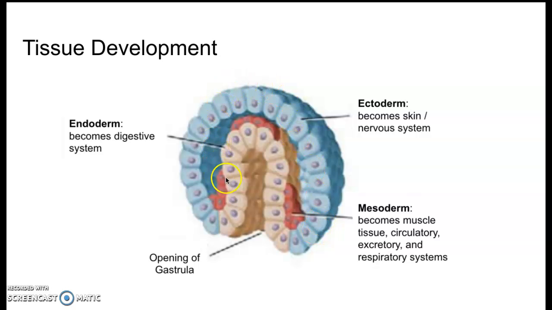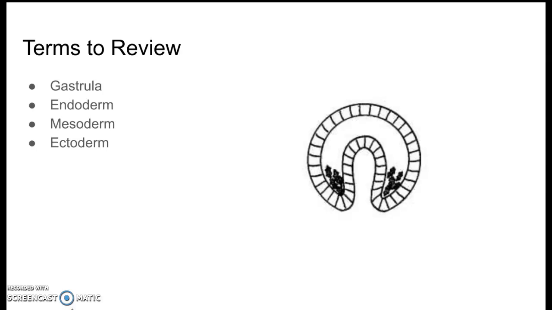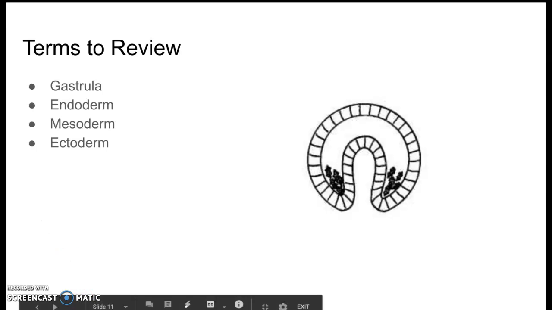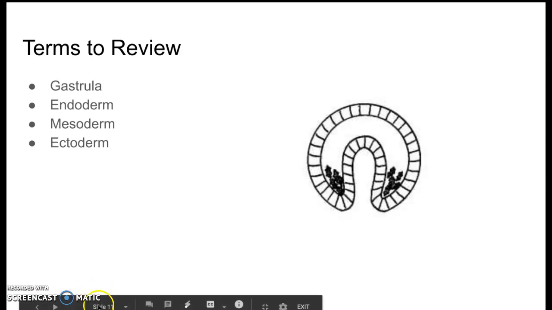So you're going to have to understand that the gastrula basically forms 3 layers: the inside layer, the endoderm, the middle layer, the mesoderm, and the outer layer, the ectoderm. Make sure you review those terms, and you draw this diagram and label it and explain what each of these terms are. And this is the end of our video. Make sure you go and review